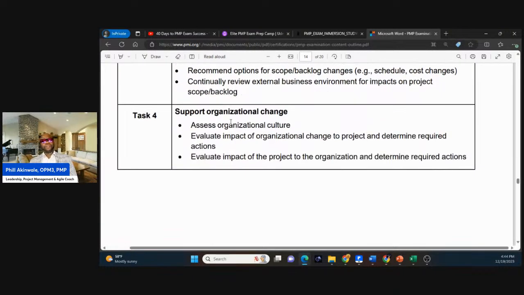Number 4, support organizational change. And all this is saying is you got to assess your firm. You got to understand the impact of your project on the firm. Some of you have heard stories of the projects from hell. And I'm not saying the projects are bad. I'm saying